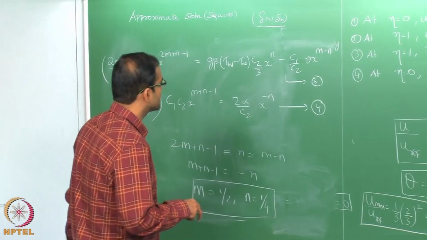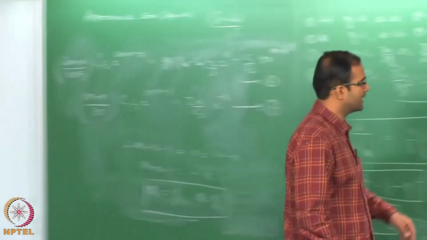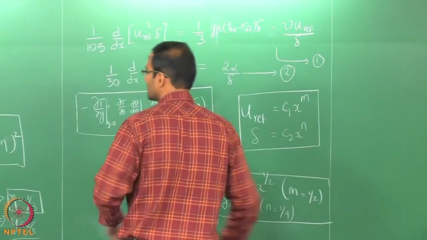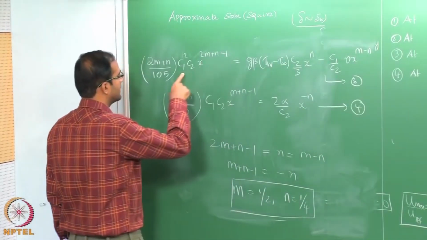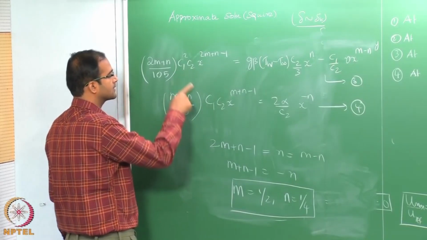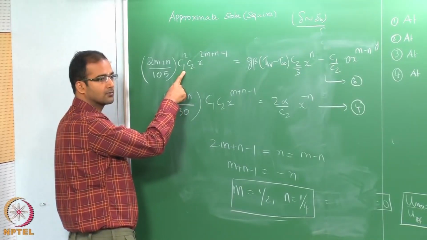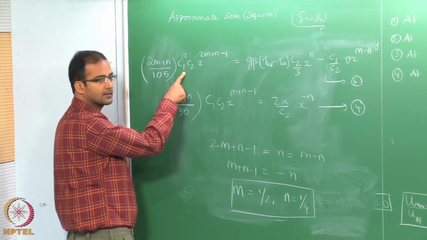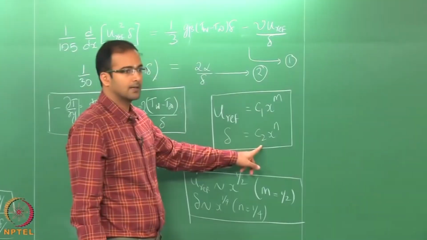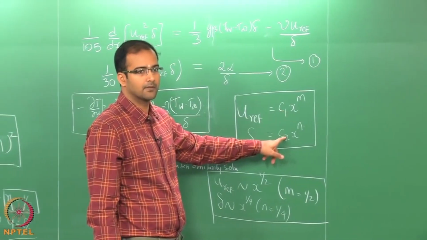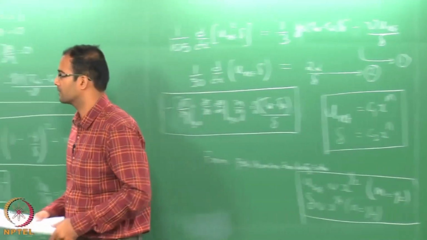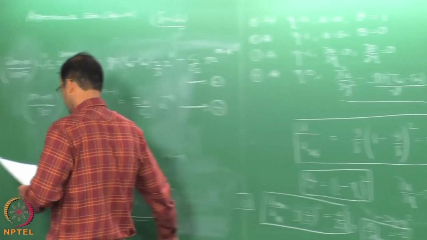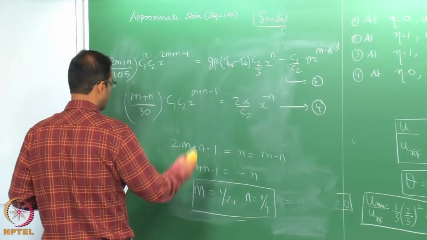Okay. So now since we know m and n, we can substitute for m and n in equations 3 and 4, and what we have is two equations, two constants C1 and C2, correct. So these constants are coming from u reference and delta. Okay. We now know m and n, only the two constants C1 and C2 have to be determined. So if you substitute for m and n,